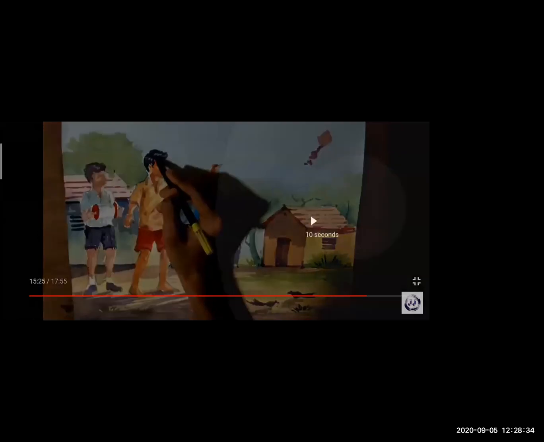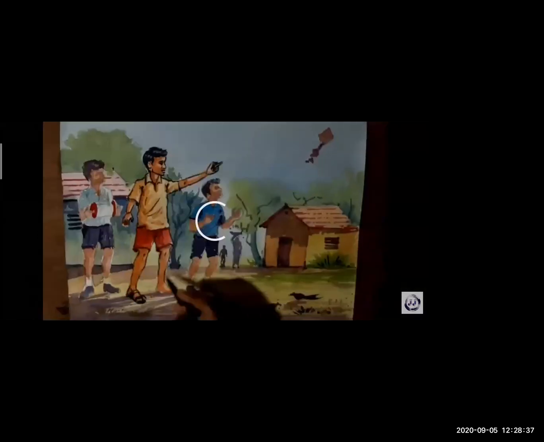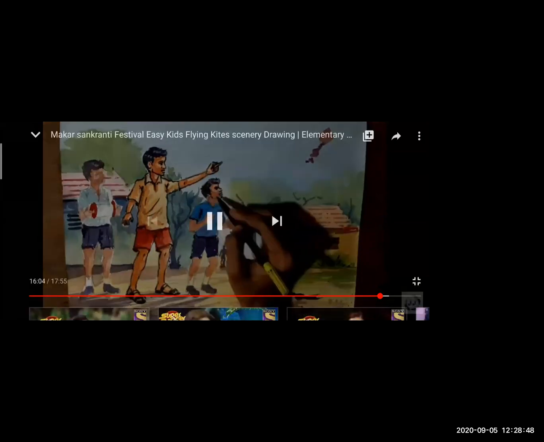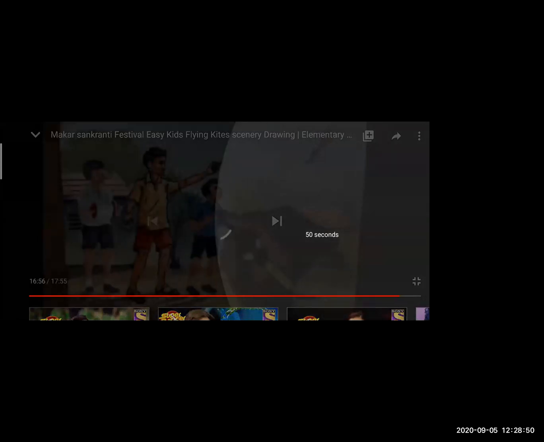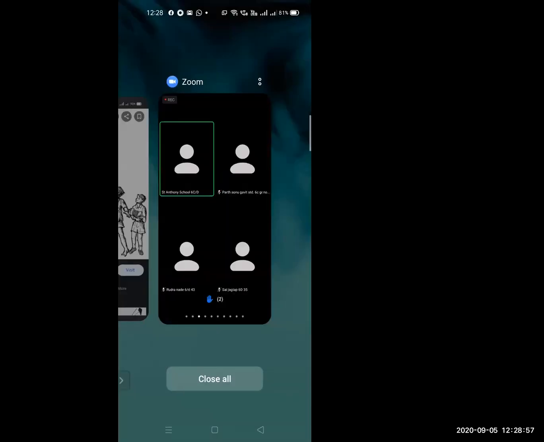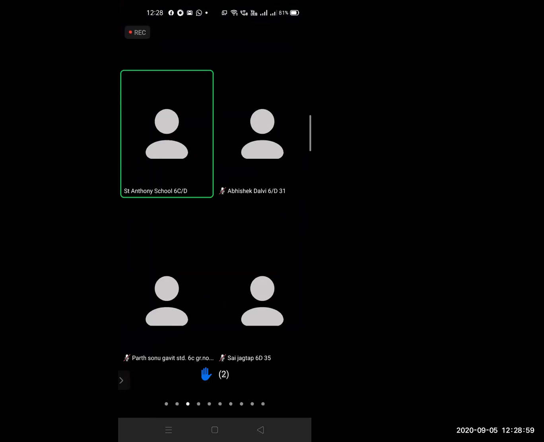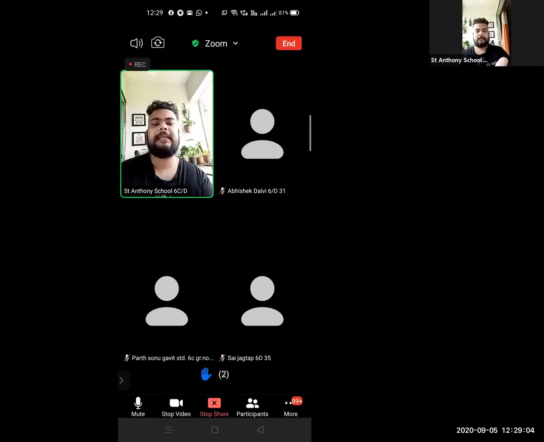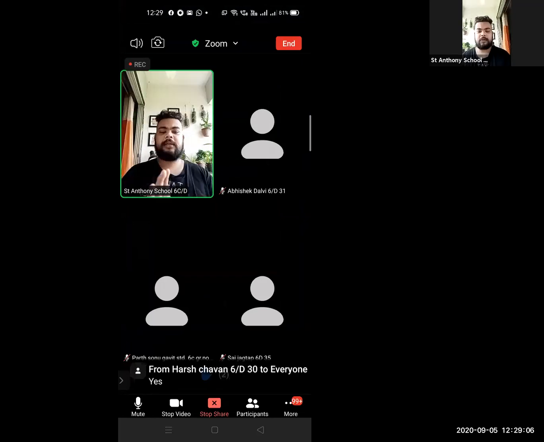You can take a marker or a sketch pen and give a proper outline and proper highlights to it. So this is how you're going to do the memory drawing. I hope each and everyone is clear with this. Yes, you've seen the video and you've got the idea how to do it.